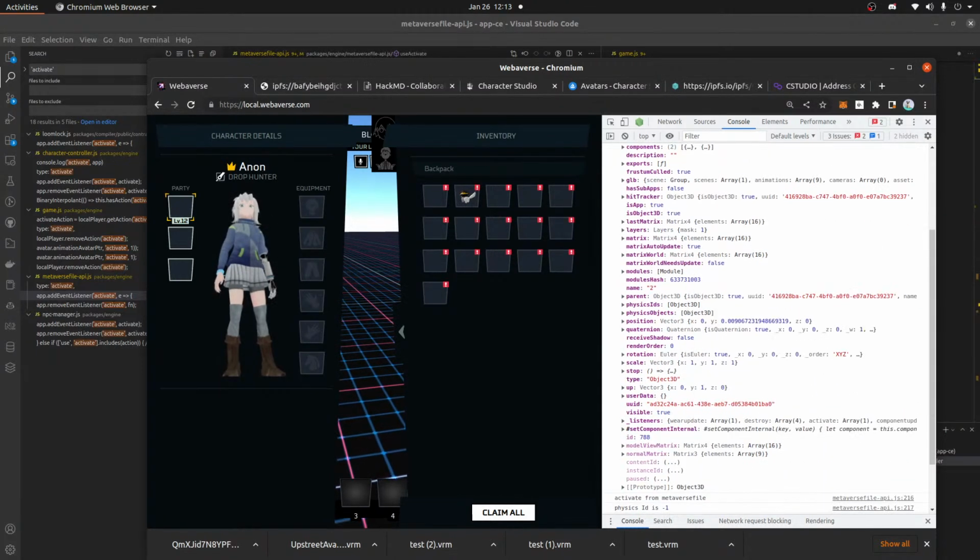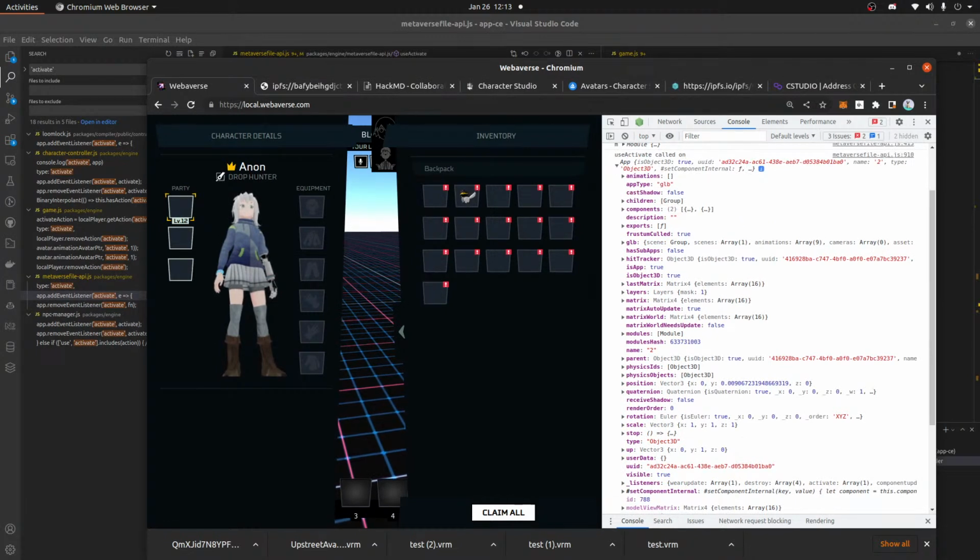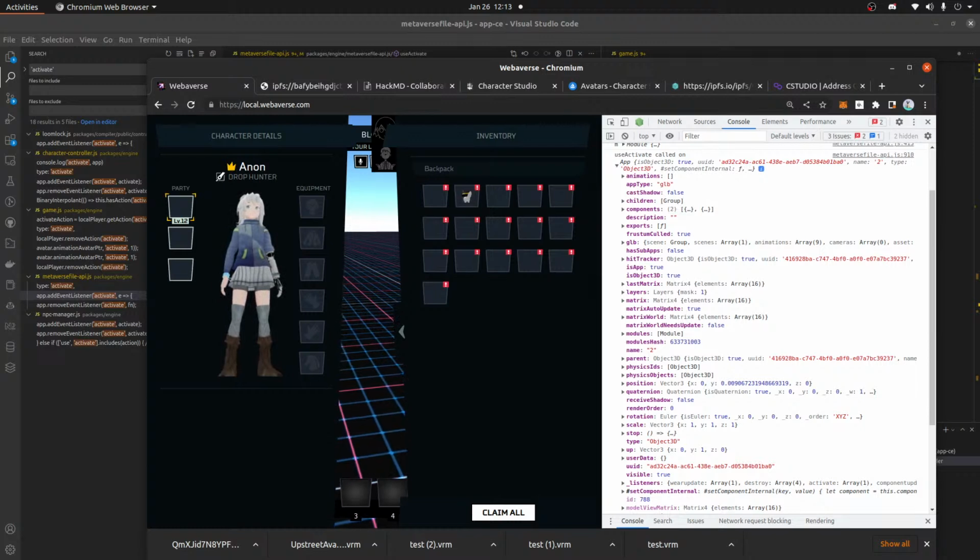And app type. Not show me listeners or anything. Yeah, I mean, this looks right. But